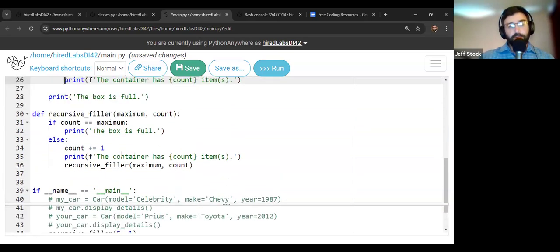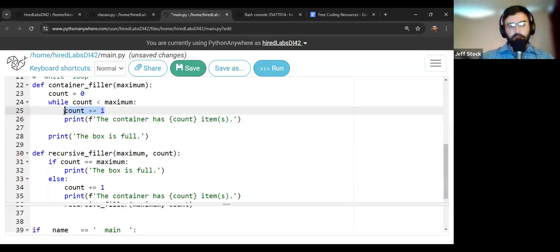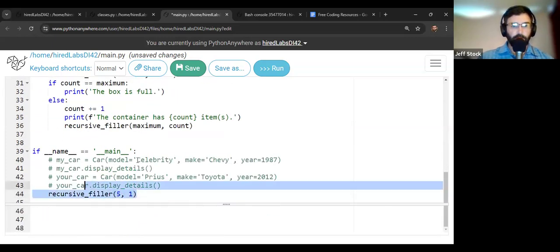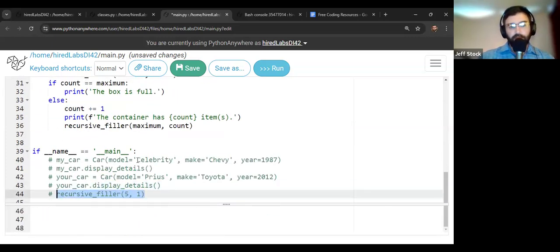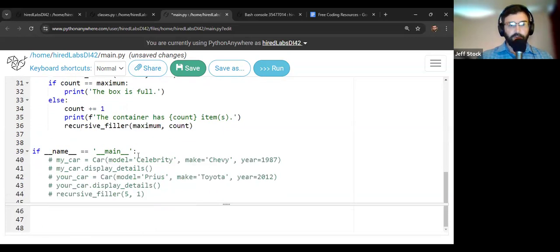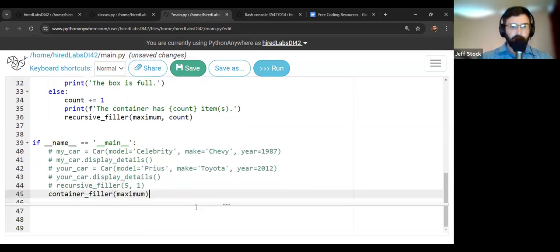I want to show you a couple examples of what goes wrong with this. We put in these safety parameters to say move or count or don't, and I told you don't forget that or it'll break. So let's break this a couple of times and see how it breaks differently between these two options. First I'm going to take this container filler and comment out our increment. Then I'm just going to run it. I'm doing a lot of copy and pasting to save us some rewriting and time, and I'm going to send it a maximum of 5, like I have been doing.